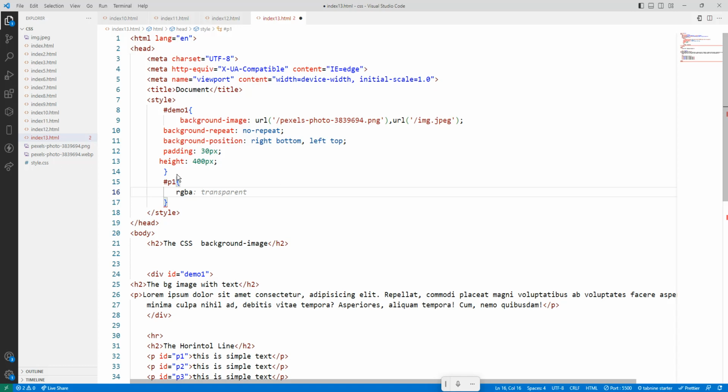So what I will do, I will go here, RGBA bracket. So what is the color? 255 comma 0 comma 0. Okay. So what is this one? This is the